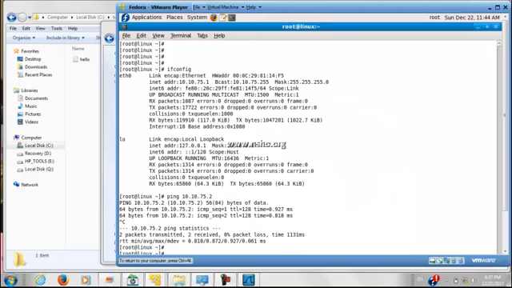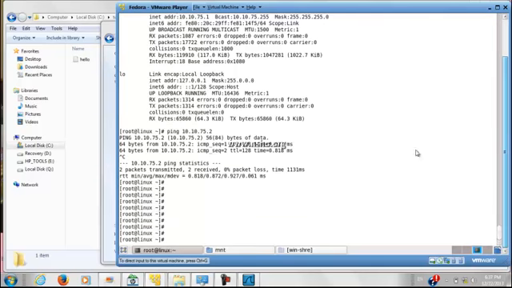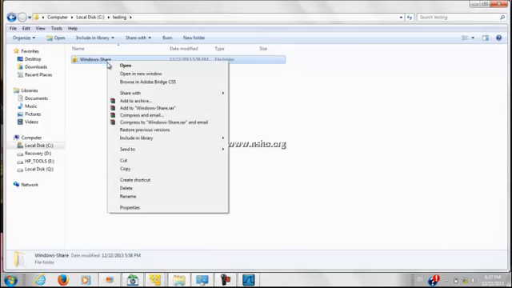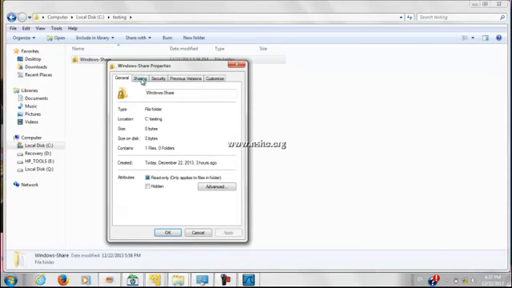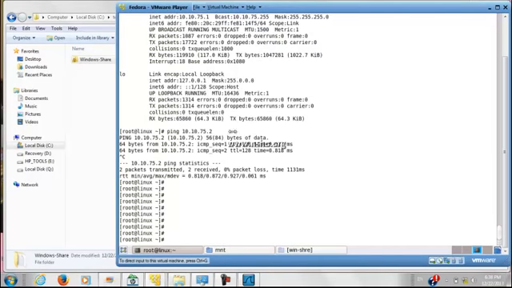We can also make a mount point between the two systems in case we need to move any file from the host to the guest or vice versa. So we have here a Windows share, a folder called Windows share. We have enabled sharing for this folder, and this is the sharing path. Okay, so on the Linux Fedora, we can create